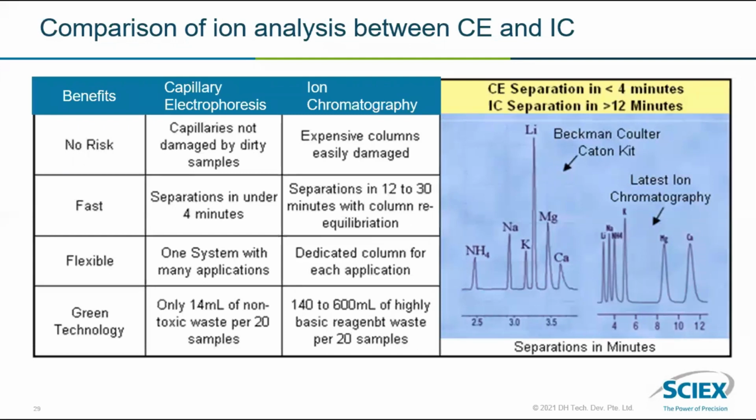Capillary electrophoresis is a very fast method. In less than 4 minutes you can separate all the anions and cations present in the sample. On the other hand, for ion chromatography, separation takes around 12 to 30 minutes, depending on the column. For analysis of anions and cations, sometimes you need different kinds of columns, and each and every column requires equilibration. But in capillary electrophoresis, no conditioning is required for a sequence run. You can just clean the capillary with buffers present in the kit,